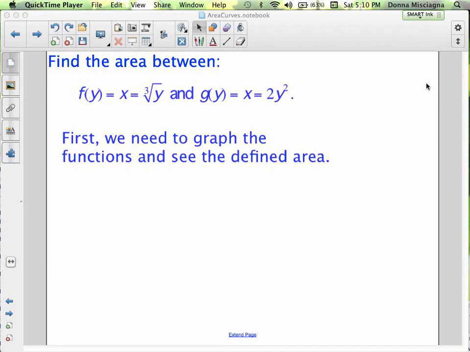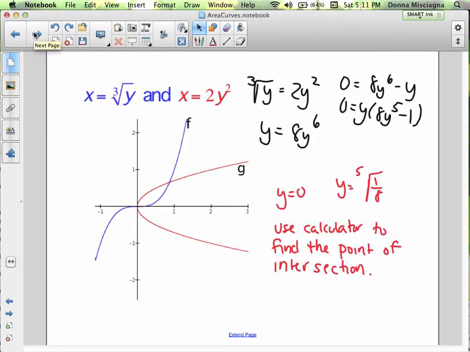But notice now that we're solved in terms of x. When we integrate, we're going to have y's. So now it's going to be a dy. And there we go. All right, so there are the two graphs. In blue is the cube root of y. In red is 2y squared. Notice they intersect twice. And so